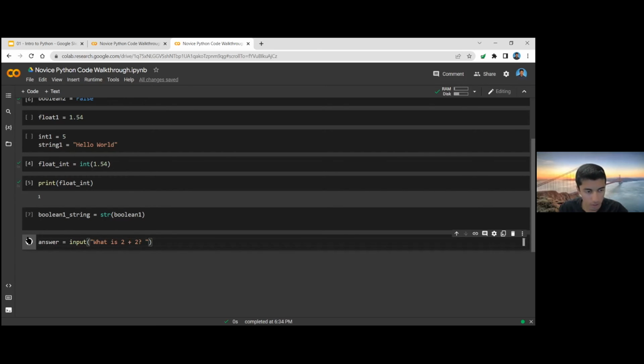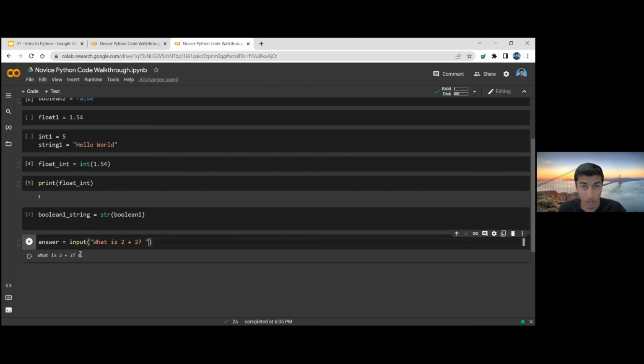That's going to be our question. Let's run this real quick. Let's say 2 plus 2 we know is 4, but something you might be wondering is, what's the actual data type of what we put in there, which is 4? You might think it's an integer, but actually it's going to be a string. And that's the input of anything we actually ask the console or ask the user via any question.